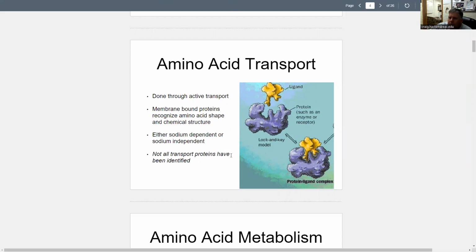Oftentimes, this transporter we require salts with it or other proteins in order to bind those two together so that we can move them around. Okay, so they're either sodium dependent or sodium independent is basically what we call those. So some of the ligands or some of those messenger proteins or transport proteins, excuse me, either need salt or don't. That's not overly complicated. I don't want to overly complicate it.